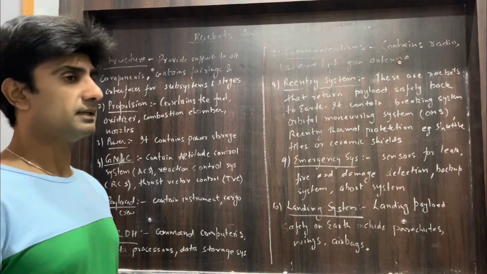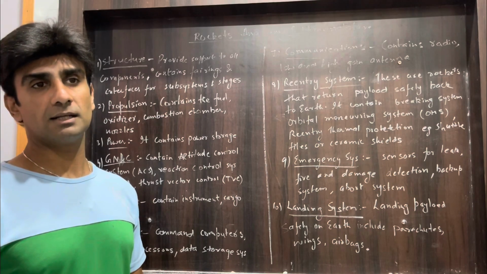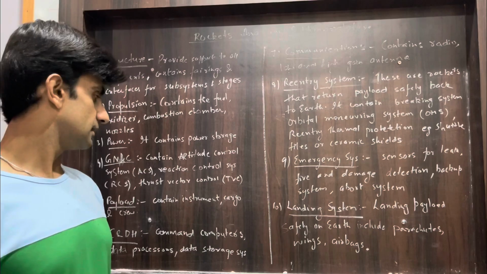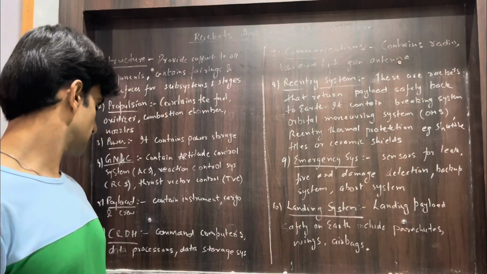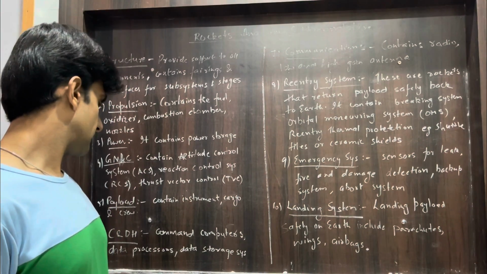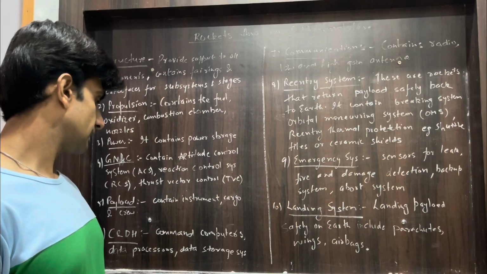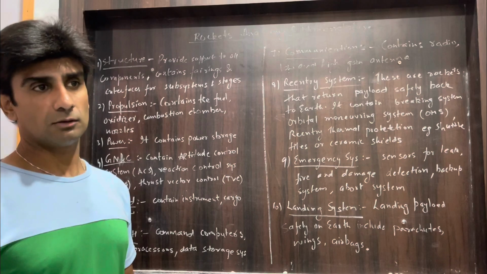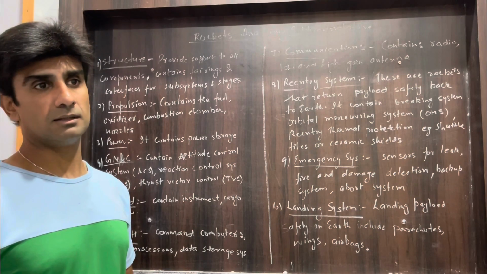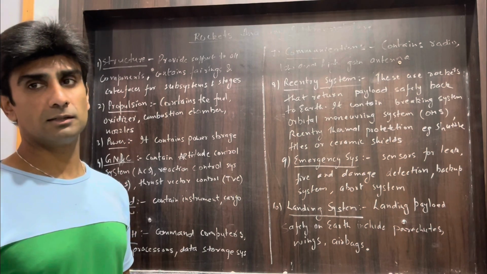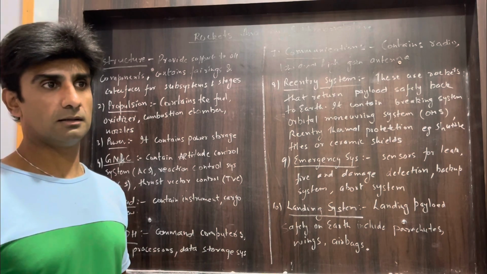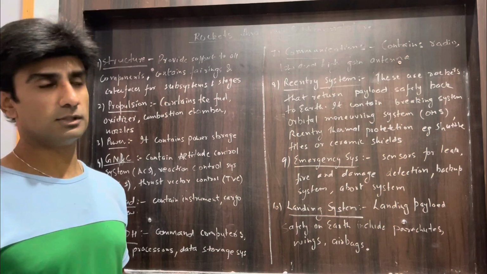And payload is the main thing of the rocket that take a crew, the rover and the other instrument to the outer space. Command and data handling are the computers that help to give command to the rocket from the ground station and supply them various data related to the figures involved in the trajectory of the rocket.